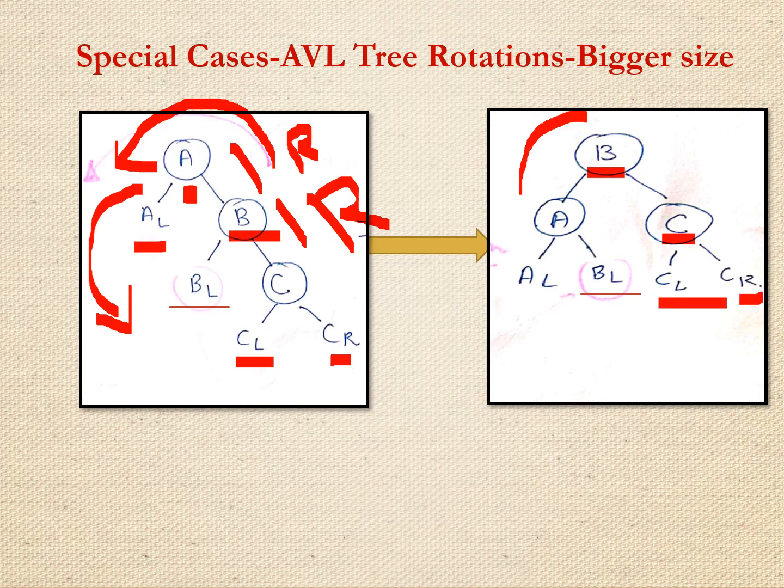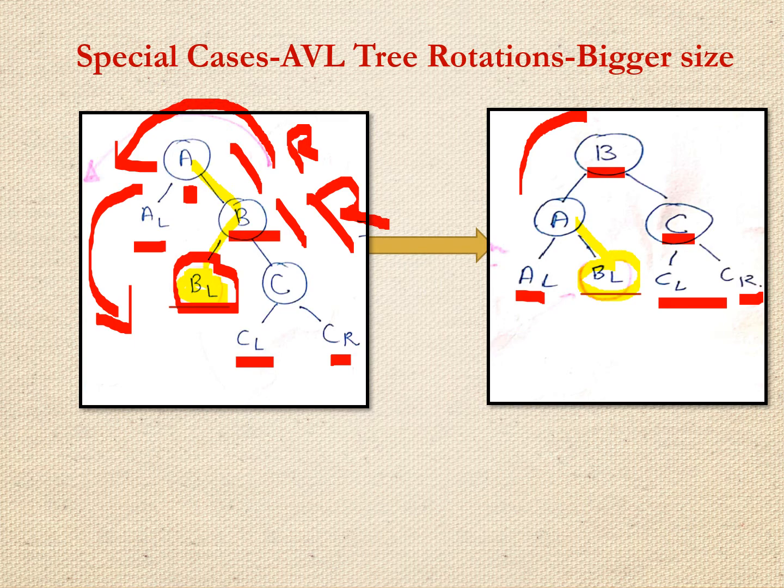AL is also placed as the left child of node A, as it is. What about this B? So B plays the important role here, where B will be shifted. Again, B will be shifted to the right child of that A node. Why? Because this BL was right toward B in this position. So A is now, this BL is shifted to the right of your B. So you can verify that BL is placed here.